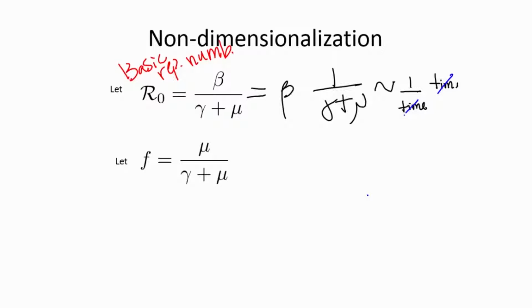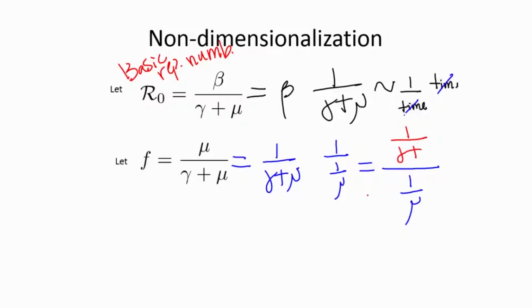Okay, now let's comment on this other quantity. This is 1 over gamma plus mu. This is an infectious period, and this is multiplied by mu, but I'm going to write actually mu as 1 over mu. I'm doing this because now we can actually interpret this expression as a ratio, something that is dividing by 1 over mu, and what we're dividing by 1 over mu is 1 over gamma plus mu. And what's the point of doing this? Well, the point of doing this is that we would be comparing